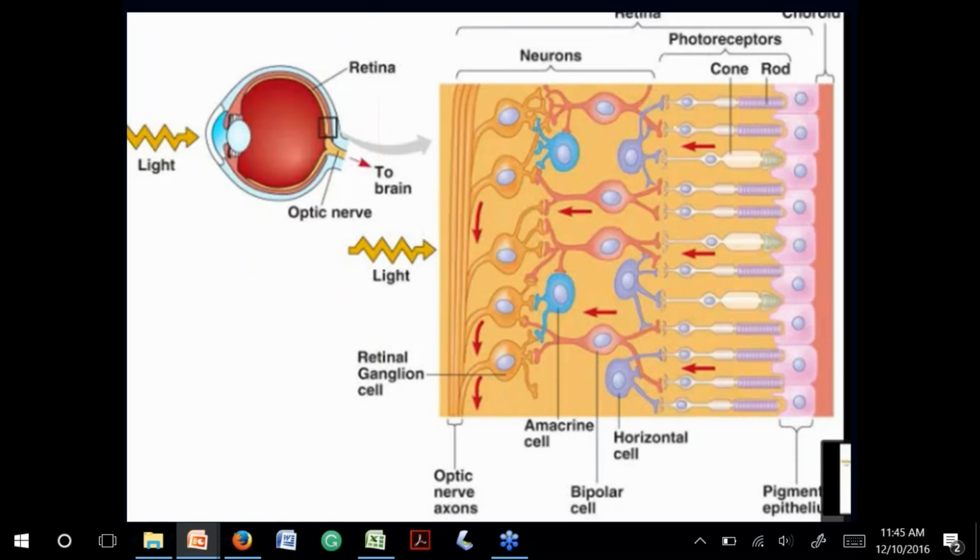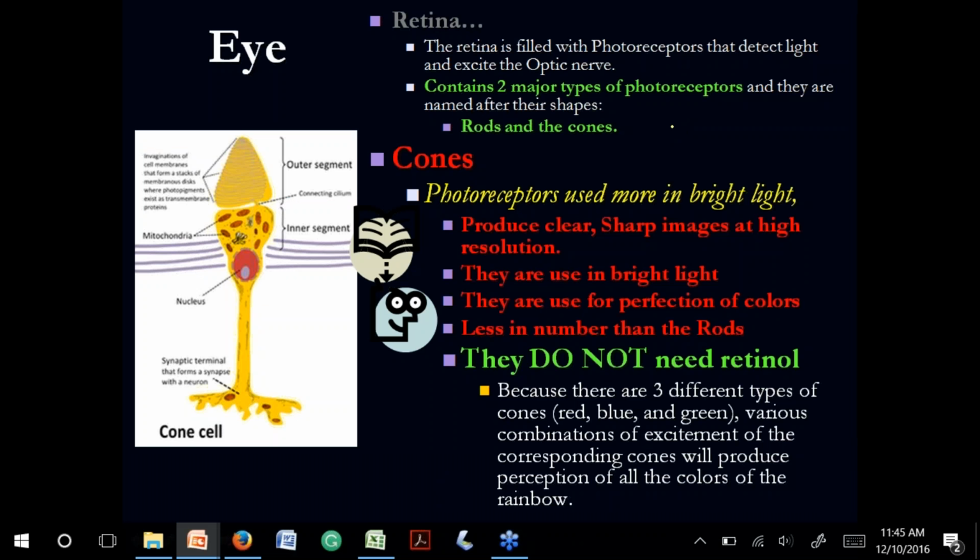All right, talking about the cones. It's very important. So cones. We have the retina. In the retina, we have receptors. The receptors are going to be the cones and the rods. Cones, I said color, right? Cones, color, cocoa. Rods are for night vision. Okay, so we know that.